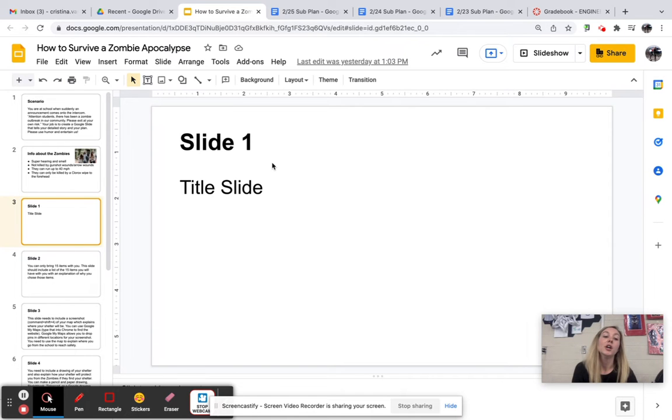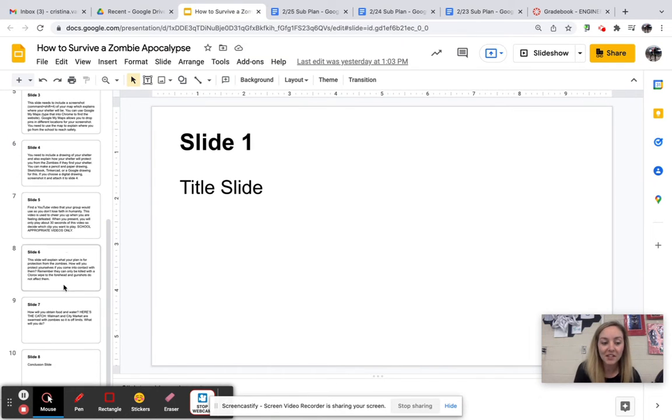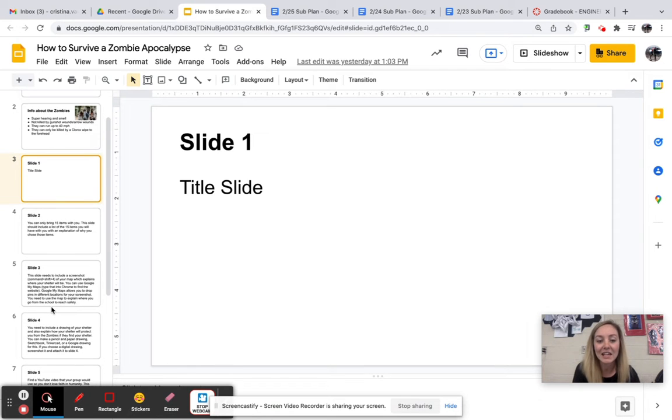Okay, so your slide that you and your group are going to prepare, you can be in a group of up to 3 people. You can be in a group with 1 partner, and you can also work alone if you prefer. Your total presentation needs to be at least 8 slides long. And in this presentation that will be included in Canvas, I went through what each slide should have on it.